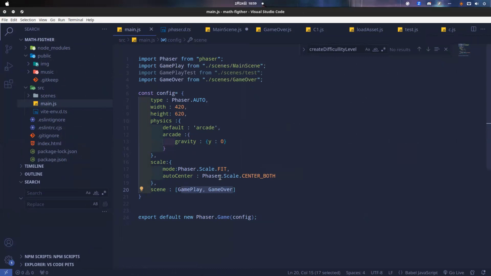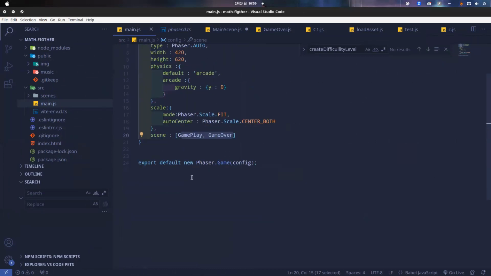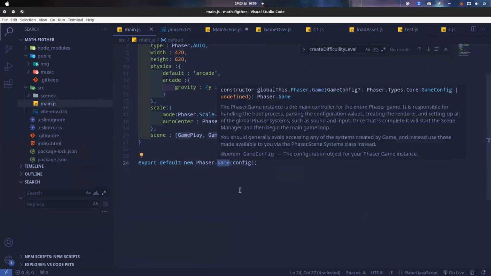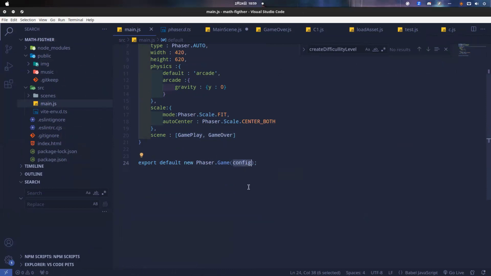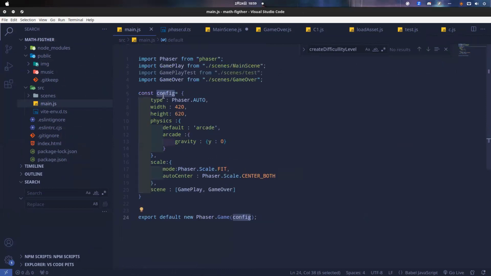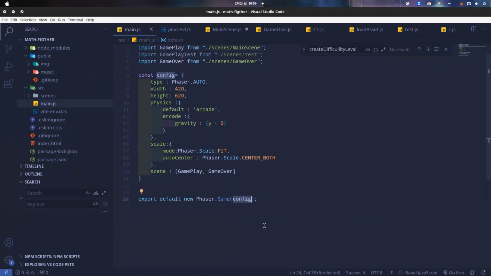After you're done, we just want to pass it to Game. This is a Game class and takes one parameter called config. The config is just from this variable config. We just want to tell Phaser, hey, I want to use this configuration for my game. I have the type Phaser.AUTO, I have the width 420, and I have the height 620.